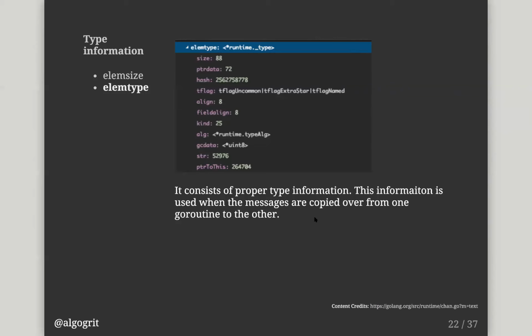So when you send data over a channel from goroutine A to goroutine B, the information gets copied over. Element type helps the Go runtime determine what the type information of this element is and how it should treat it and copy it over from one goroutine to the other.